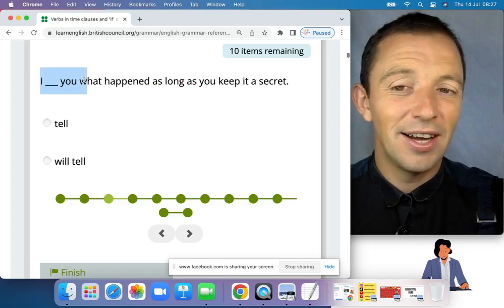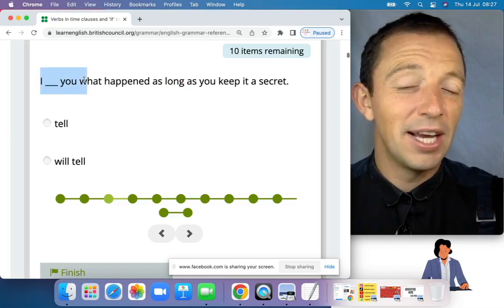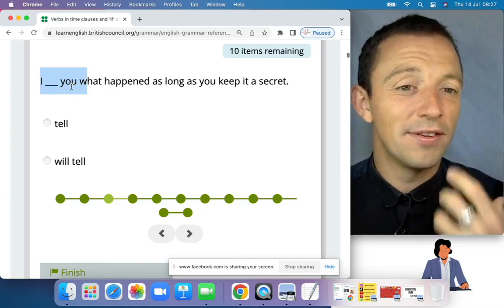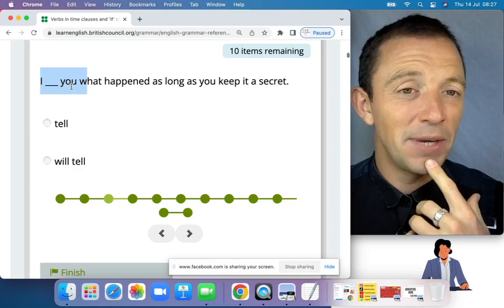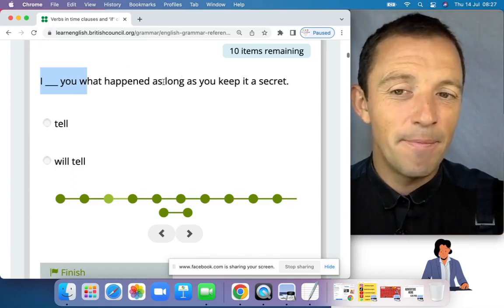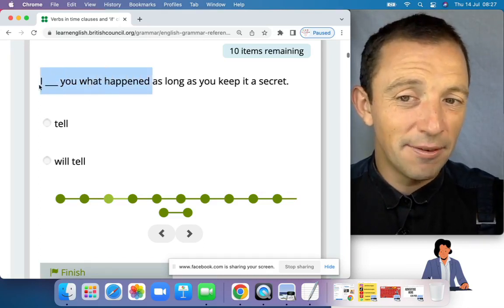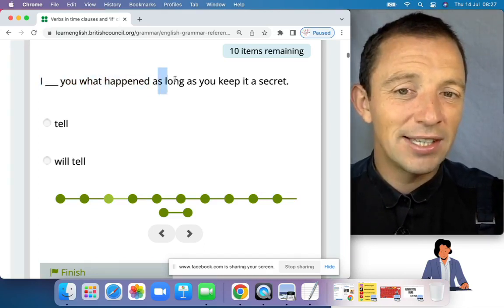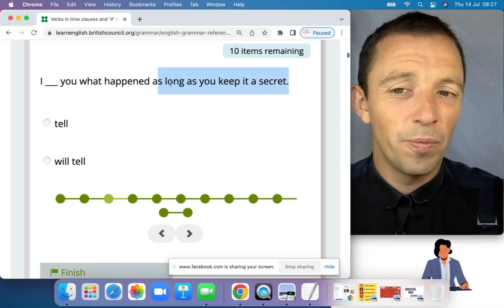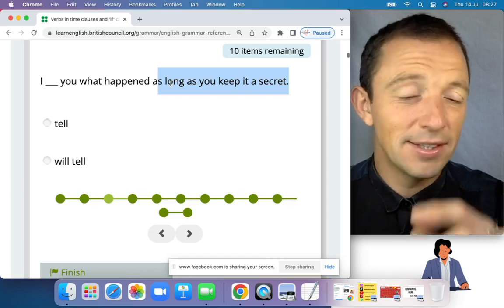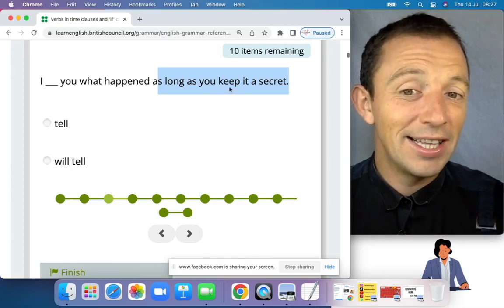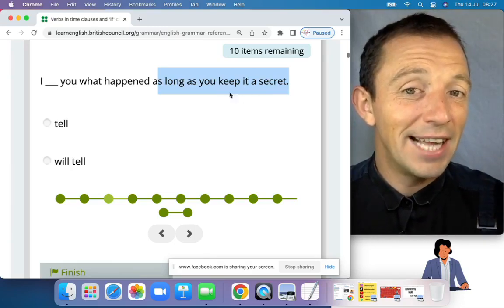I tell you what happened as long as you keep it a secret. It's understandable, but I think in this sense you are willing and you want to tell, maybe. So for me, this expresses more your desire to tell. So the first clause is the principal clause, and "as long as you keep it a secret" is the time clause. So therefore, the second clause is the time clause, and this represents the present tense, but